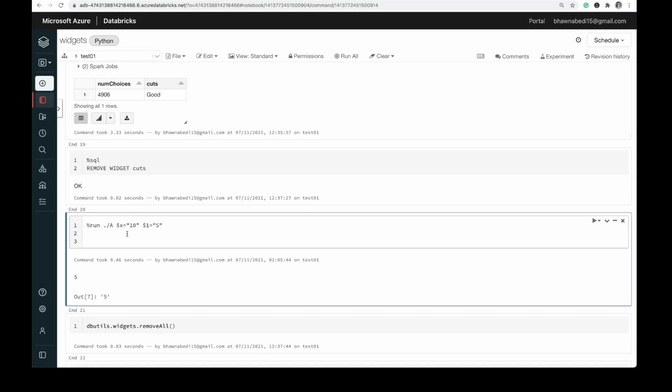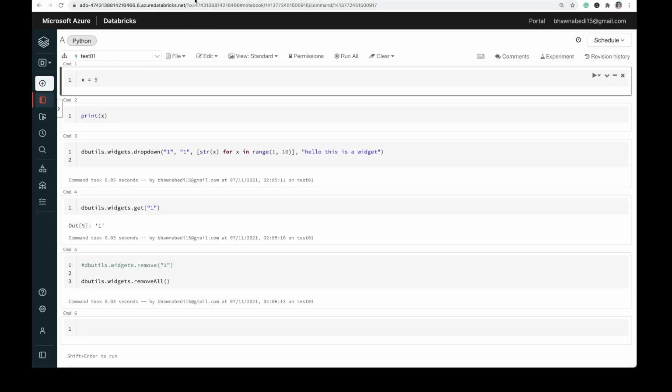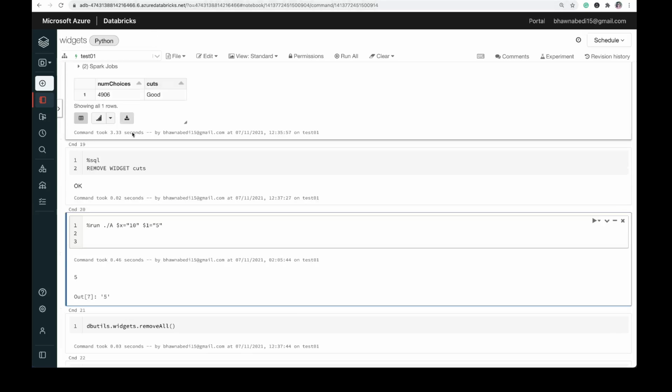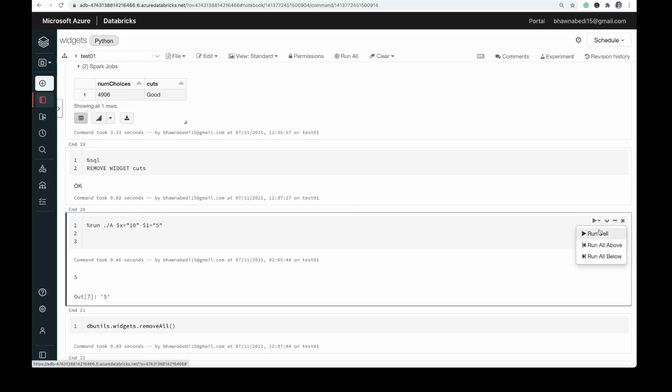In this case I'll use $x equal to 10 in a string. Again, I have a widget over here, widget dot drop down. 1 is the name of my widget and it has some values, and the default value is 1. Now I don't want to give it a default value of 1, I want to give it a default value of 5 and run it. So now let's try to run this.